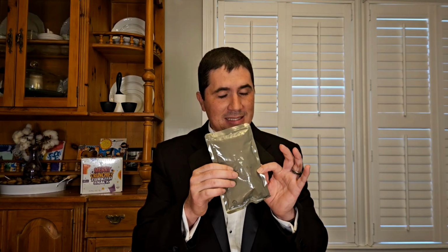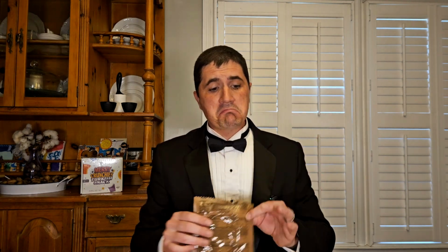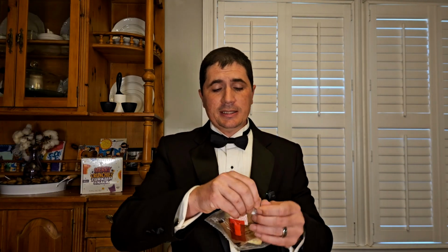Here is our entree or main, the Southwest beef and black beans. I'm having trouble saying that. I have a pot of boiling water just off screen over here. I'm putting that in there to get warmed up. Then we have an applesauce pound cake. Coming out the gate strong today. We have a teriyaki beef stick, our accessory kit, which includes